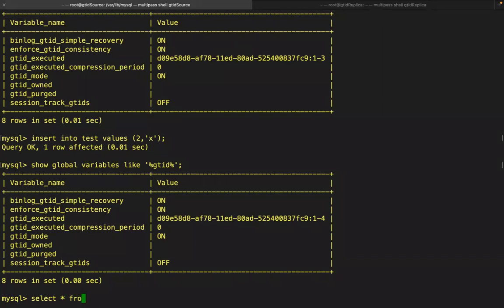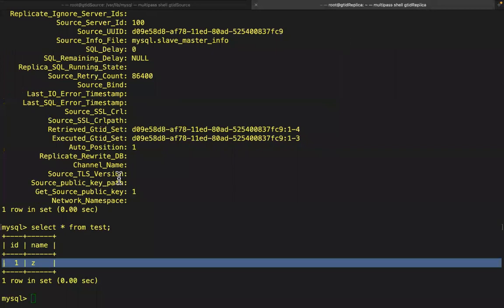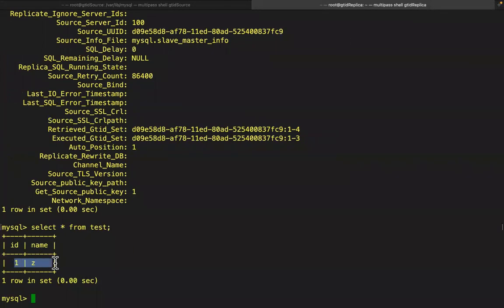select star from test, we have 1 and 2. But in the replica, we have only the first ID. The second ID is not updated yet. That is what this executed GTID is telling. We have only executed the transactions from 1 to 3, which means the create database statement, the create table statement, and the first insert. The second insert is not executed yet. The executed transactions currently processed are 1 to 3, but the retrieved GTID set is 1 to 4,